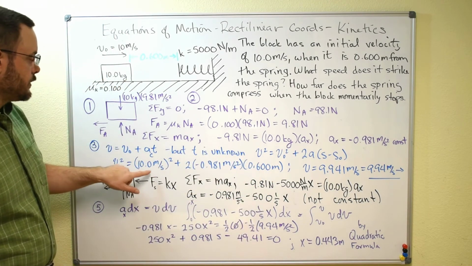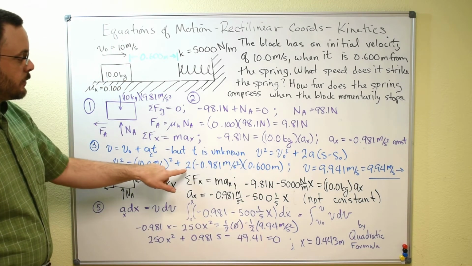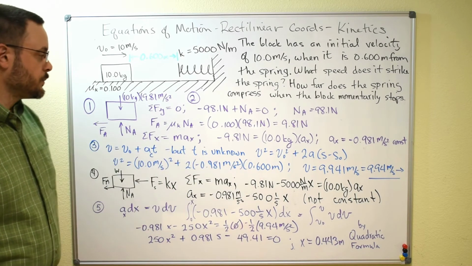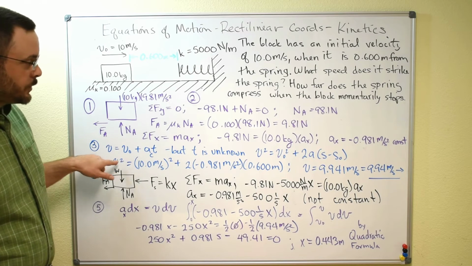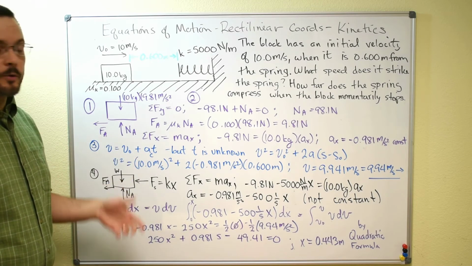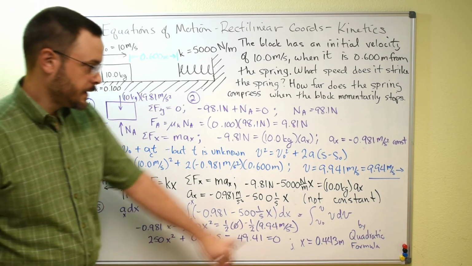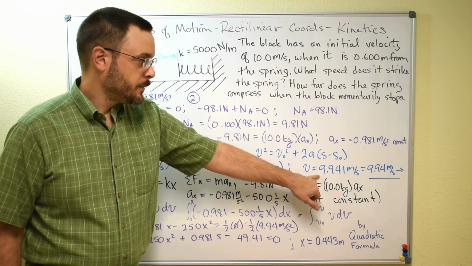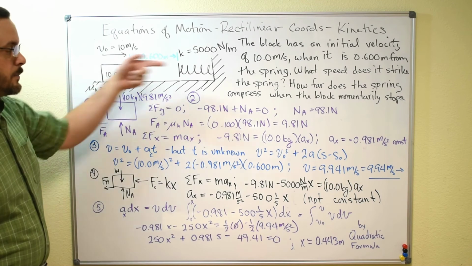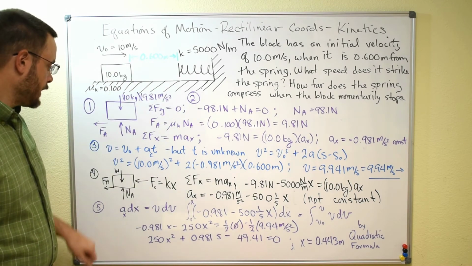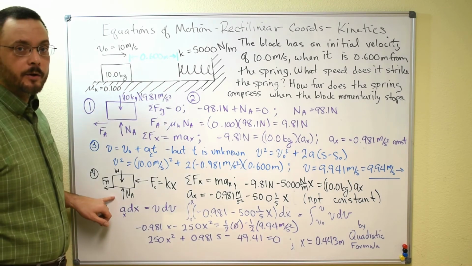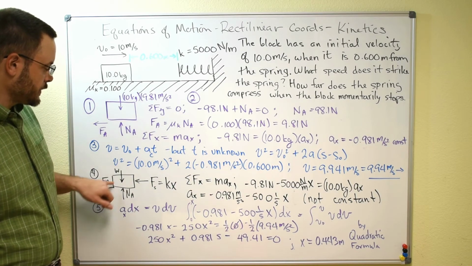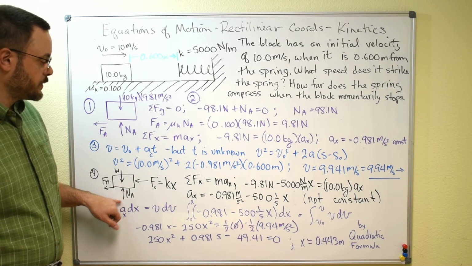We'll plug in the initial velocity, we'll plug in 2 times our acceleration, and then our distance of 0.6. When you're using this one, make sure that you take the square root if you're solving for velocity, and you'll get a velocity of 9.94 meters per second, and it should still be going in that direction. Then we'll draw our free body diagram for once it contacts the spring. So we still have friction, we still have the weight, we still have the normal force,